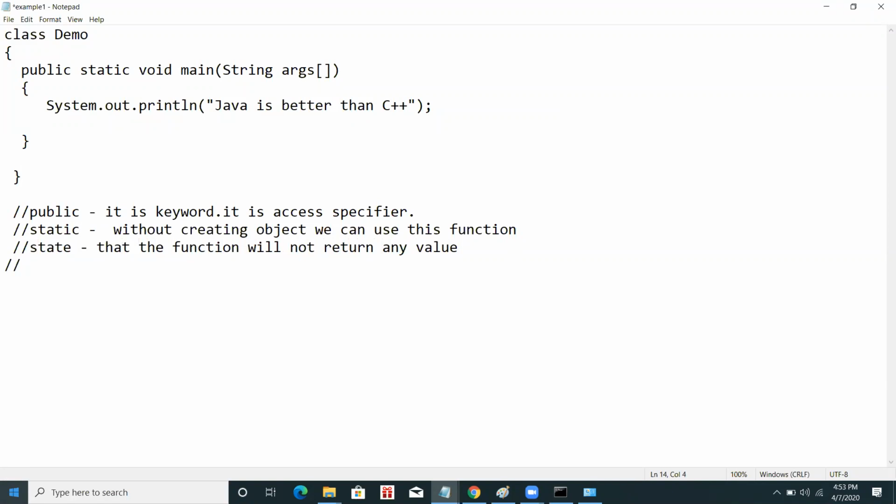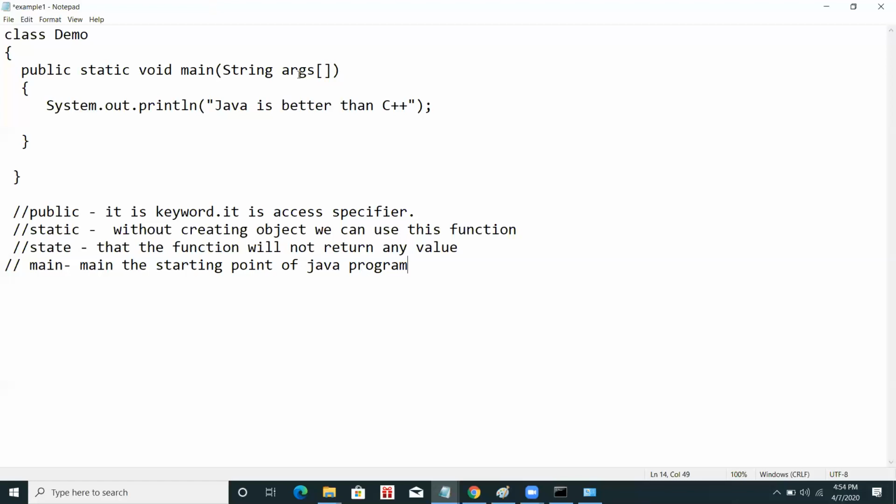The main function tells the program that from here we have to start this program. So main is the starting point of any program in Java language. Main is the starting point of a Java program.